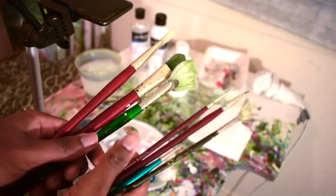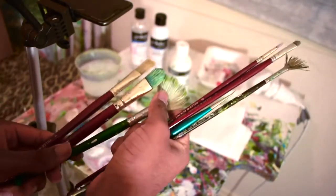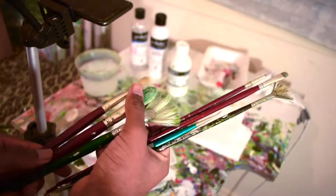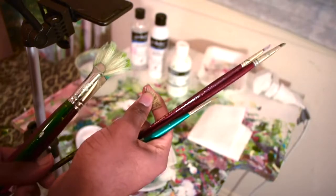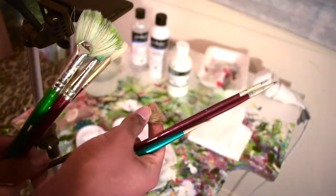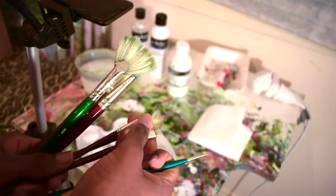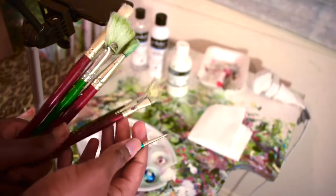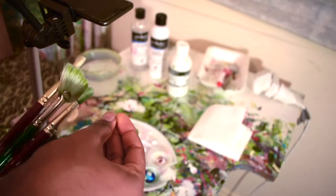Alright, so here's the equipment which I'll be using today. I'll be using my size 12 fan brush, size 10 filbert brush, size 10 bright brush. I'll also be using my size 2 fan brush for detailing the trees and foliage, and my size 4 bright brush and size 0 round brush for further adding highlights and shadows to the foliage and trees as well. Of course I'll be using the liner to add the finest details such as some twigs,